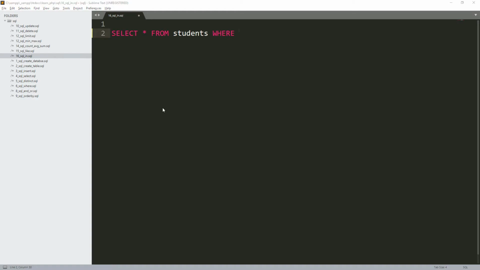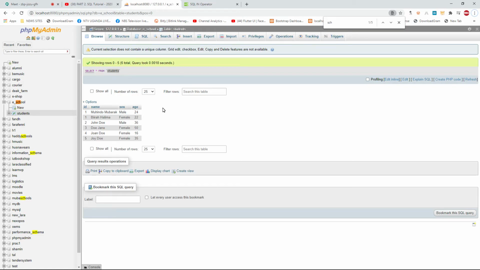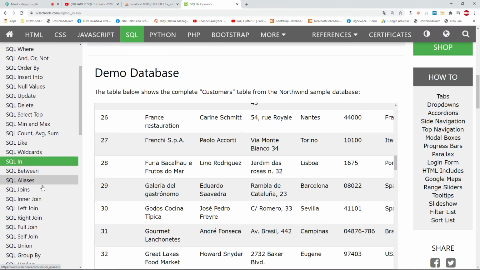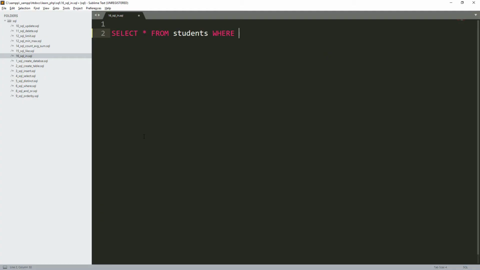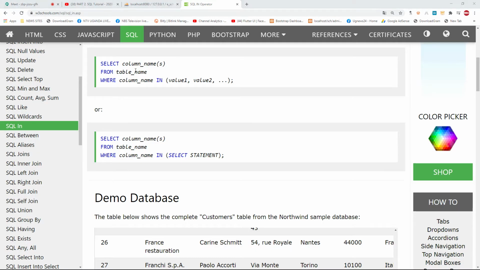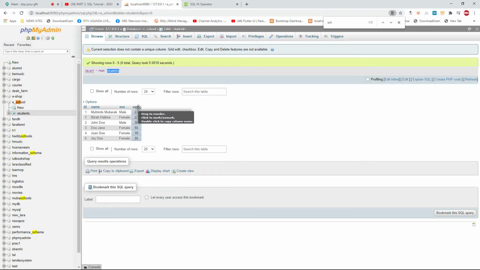So here we can use the OR. I hope we have discussed the OR and AND in SQL. Did we discuss the OR and AND in SQL? Yes. Okay, very good. So here we can use the OR and AND. So you can say where age